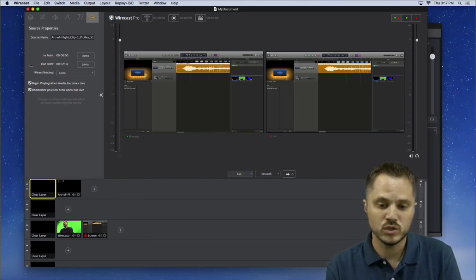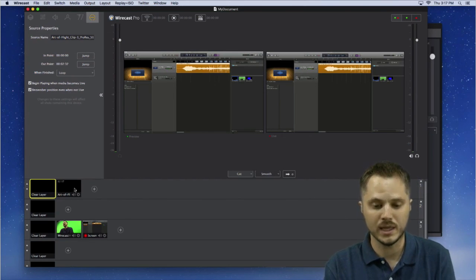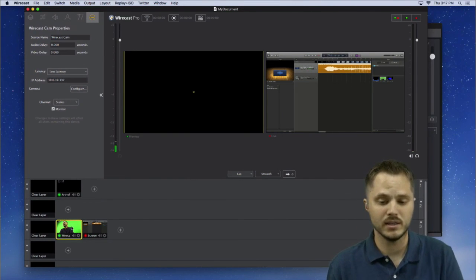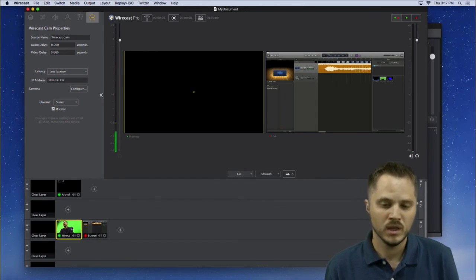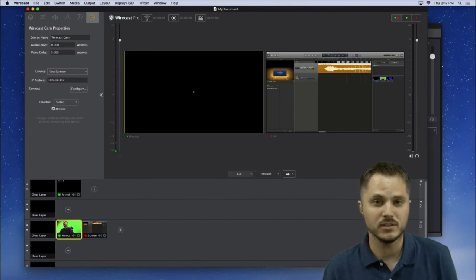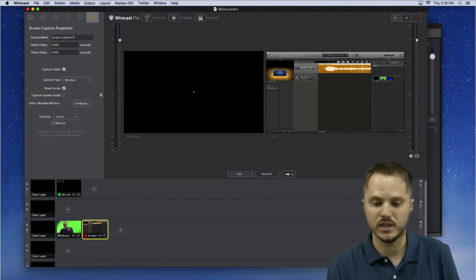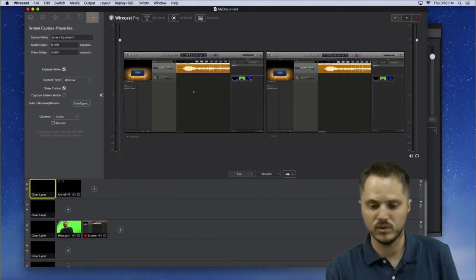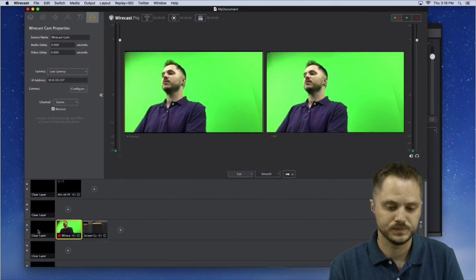Other than that, though, all these tools are here for you. You don't have to use them all, and it's pretty straightforward once you get the hang of it. But there is a learning curve. I'm not going to deny that. But once you wrap your brain around it, I've taught this same workflow to 5th graders and 4th graders, and they get the basics really quickly. It's very easy to click and switch between sources. They get the idea that there's preview and there's live. So, one changes, make changes to another.